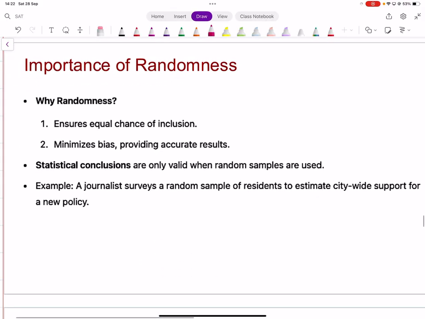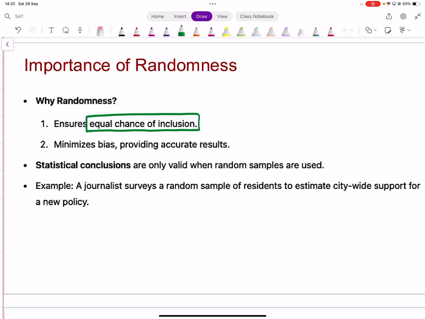Now, why is randomness important? Now, these are mostly theoretical concepts which are tested on SAT, so you need to make sure that you understand them well. Why is it important for a sample to be random? Because you want an equal chance of inclusion. So, for instance, if you are doing a survey of elections, let's go back to that. Now,